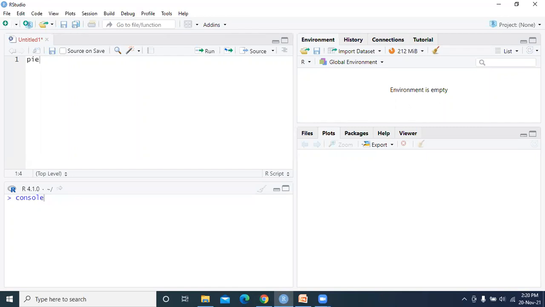So now we can go with the new script. So every time you have to clear